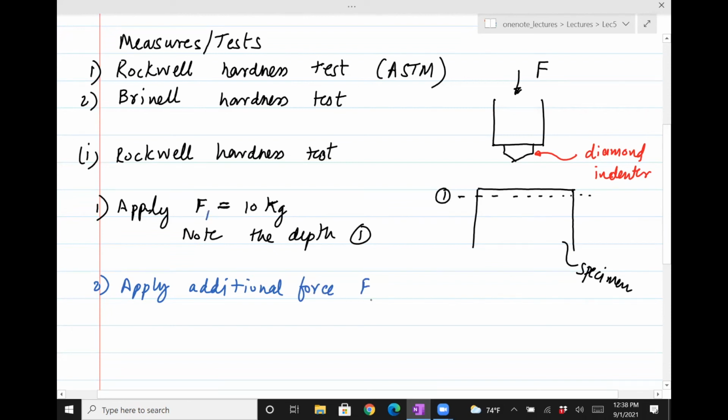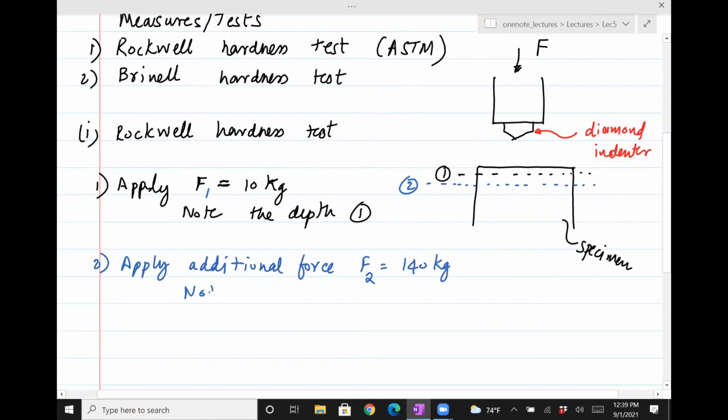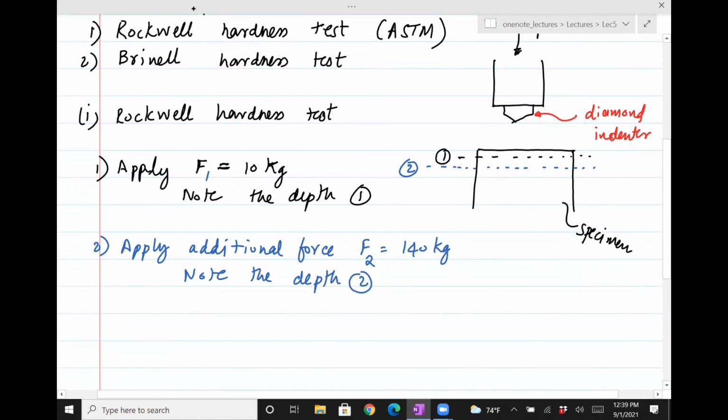Let's call it F2 equals 140 kgs. And so when you apply a new force, you will see that the indenter has gone further down. That's called depth 2. So note the depth 2. Okay, so once you're done with that,